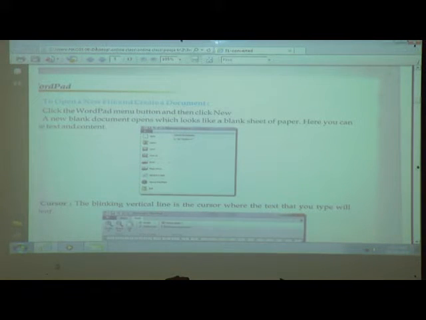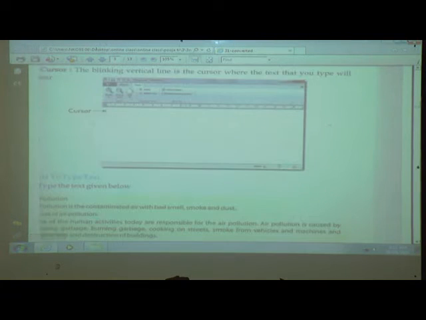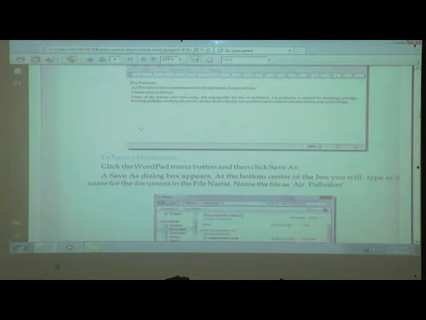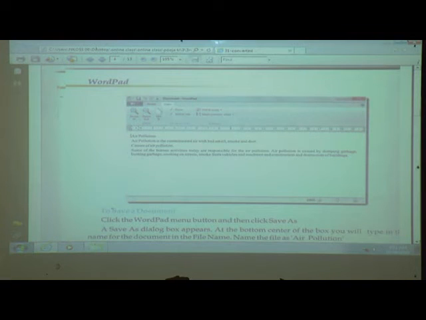Now, how to create a new document, and what do you mean by cursor? Cursor is the small blinking line on the WordPad. It's called a cursor. How to write in WordPad?